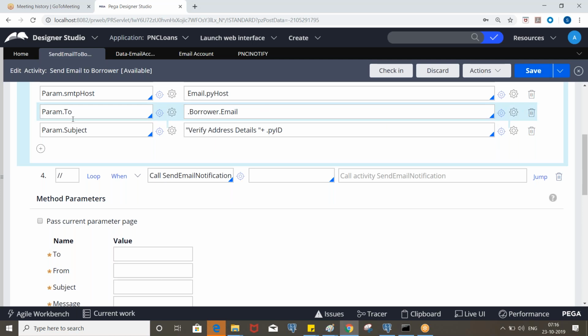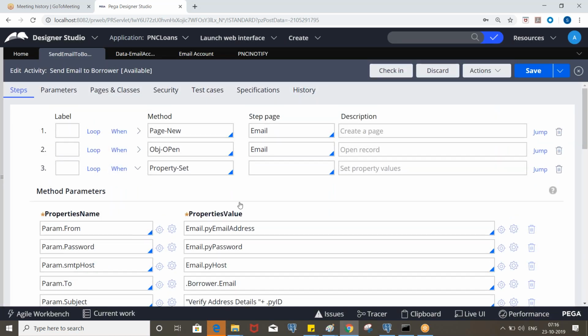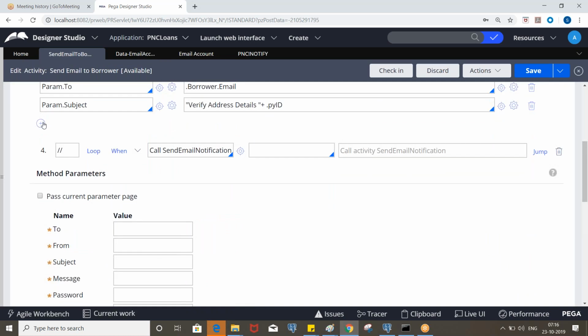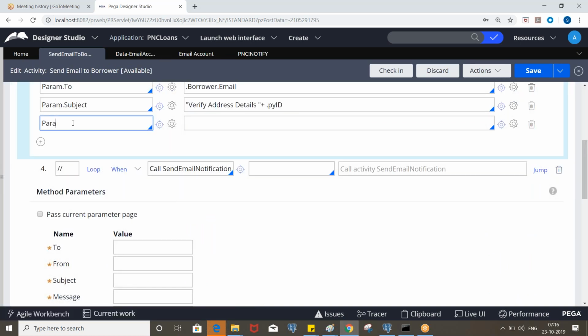So param dot message. Whatever text you enter here will be sent as part of the email body. Okay.